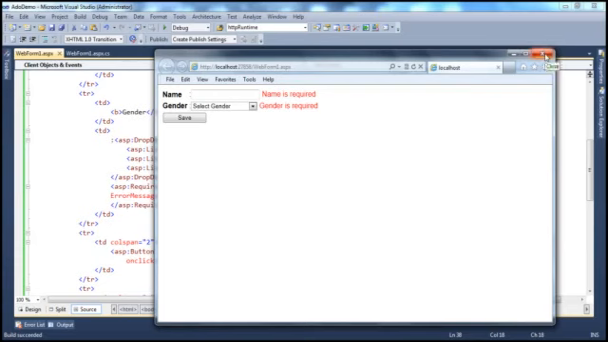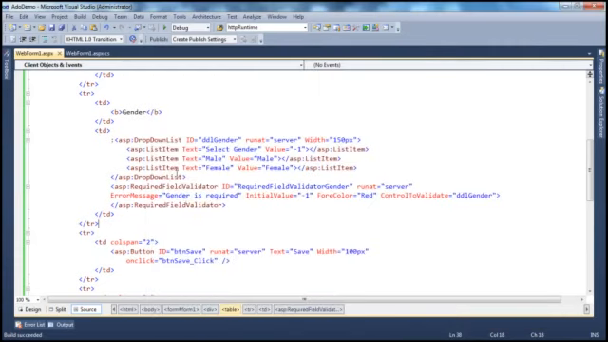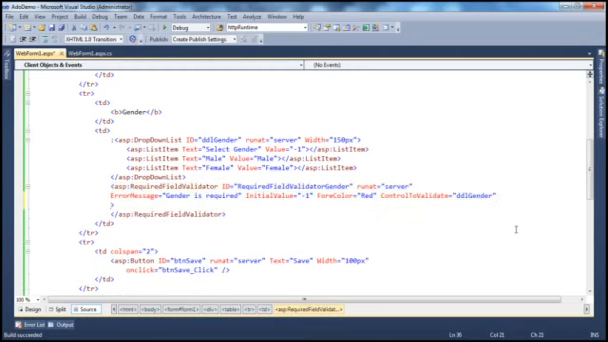Okay, now in general, these validation controls, for example, the control to validate is common to all validation controls. Similarly, error message is common to all validation controls. As far as the required field validator control is concerned, the only property that is specific to this control is the initial value property. Okay, now there are other properties which are common to every other validation control. For example, there is a property called text. Okay, if I specify text as, for example, star here,